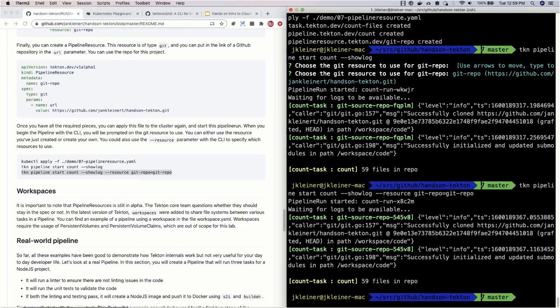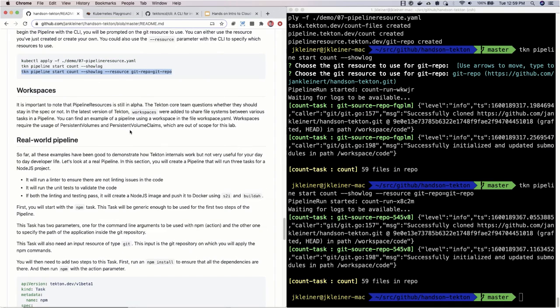All right, there we go. We get the same response this time as expected. So at this point, I just want to point out that pipeline resources are still in alpha within the Tekton project. And the Tekton core team is questioning, they're not quite sure at this point whether they should stay in